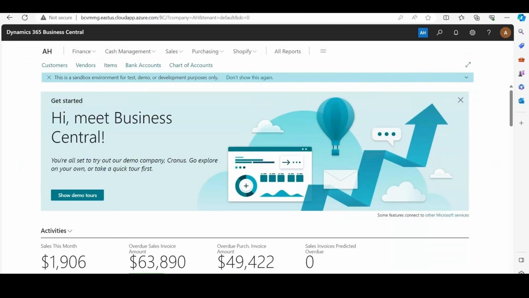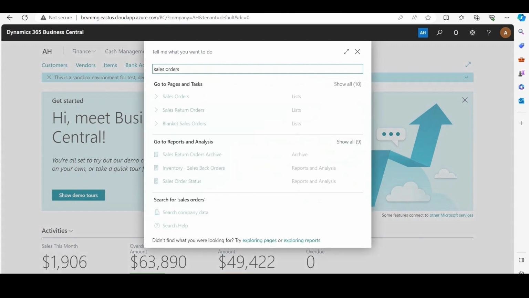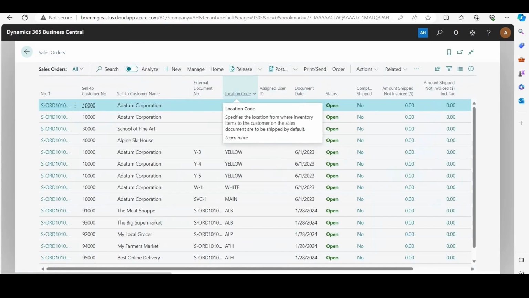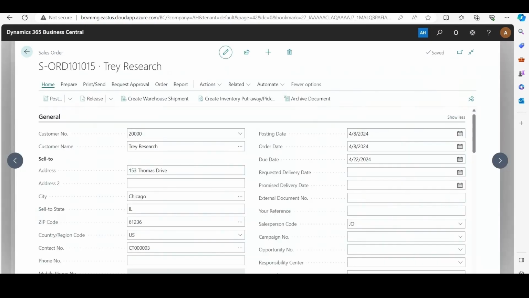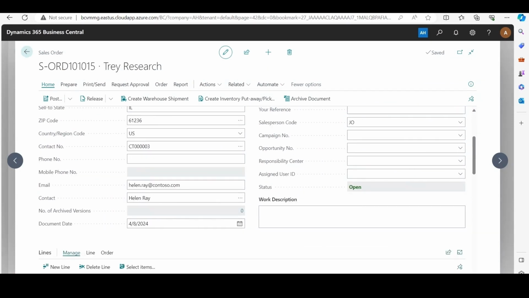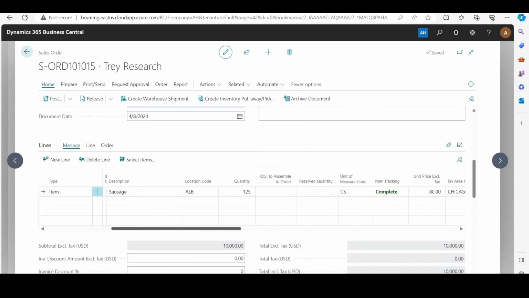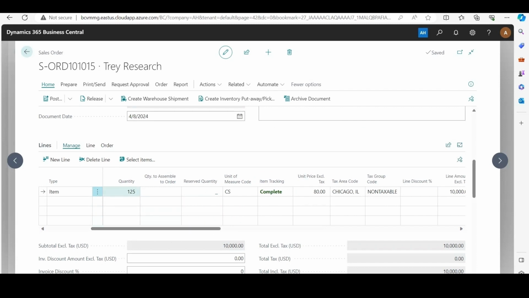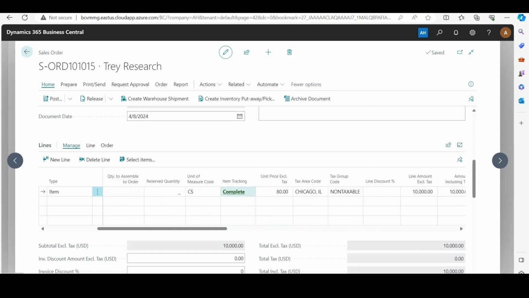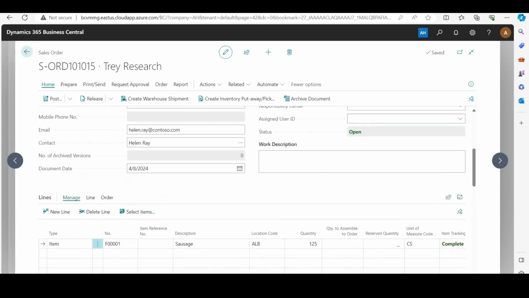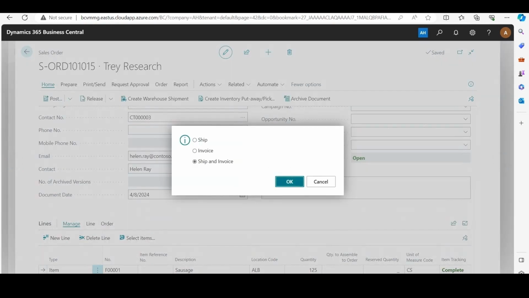So now let's take a look at our sales orders. And here we can see that we have a sales order for Tray Research, and it is for 125 cases of the item sausage. If we scroll over a little more, we can see that the line amount is $10,000 and the quantity shipped is 125 cases once again. Now we've already completed our item tracking. So from here, if we were to post, ship and invoice,